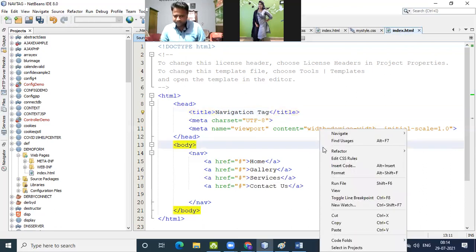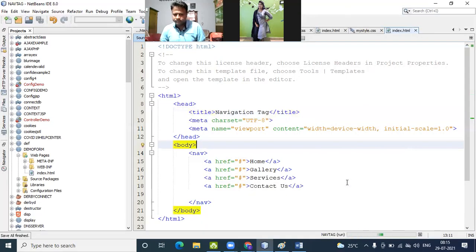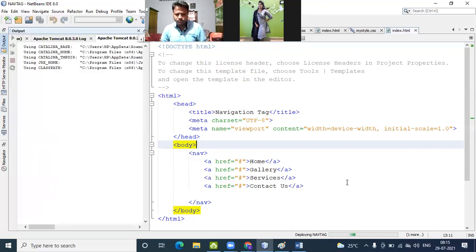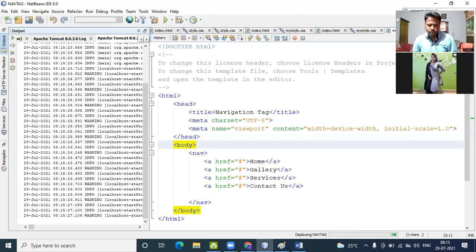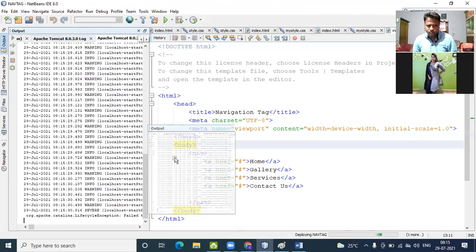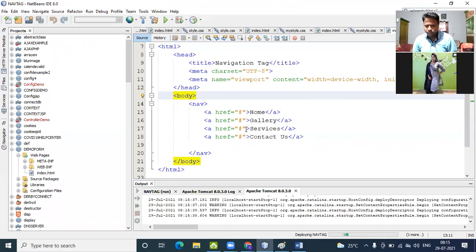Now I run the file. For the first time, it will take some time.